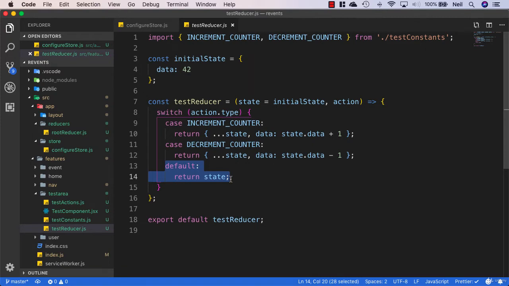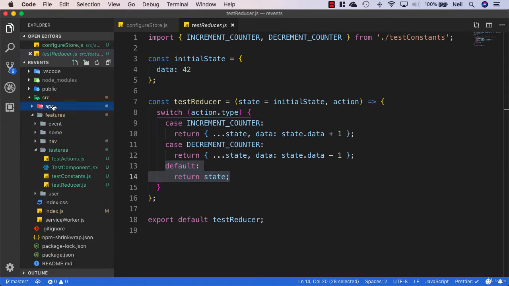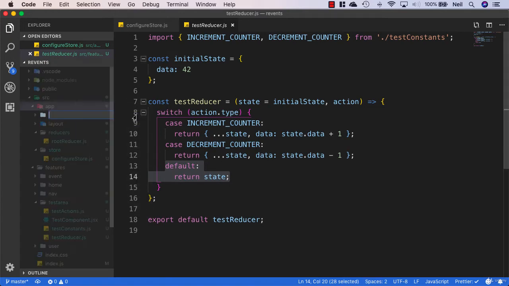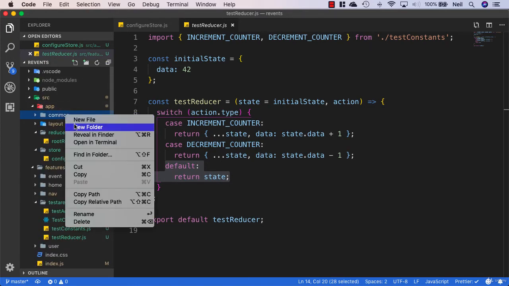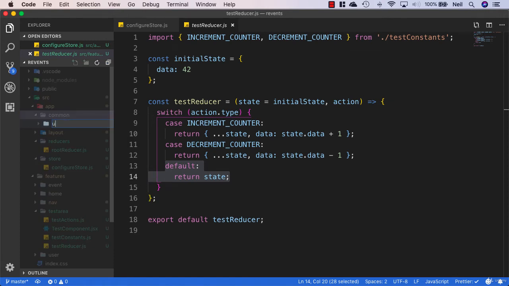But what I'm going to demonstrate now is what's written in the reducing boilerplate section in the Redux documentation. And it is my preferred way of creating reducers. So what we'll do is we'll create a new folder and call it common. And we'll use this for a few things. And we'll create a new folder inside here called util. And we'll just create another new file inside here called